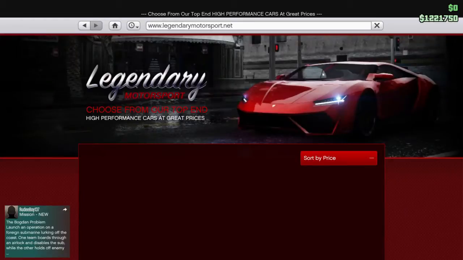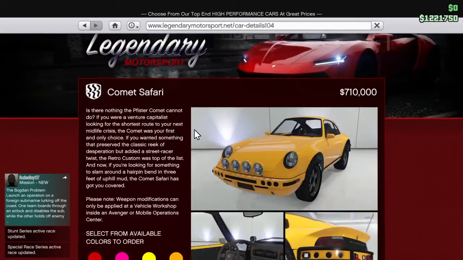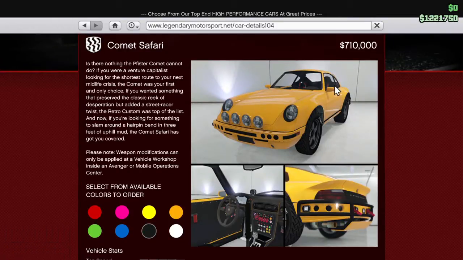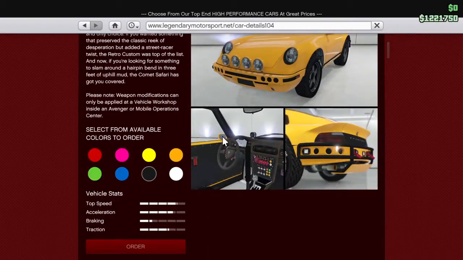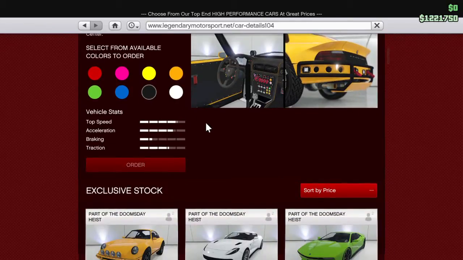So now we're gonna go to Legendary Motorsport, and we have 4 new cars. We have the, I'm not even gonna go after that name, but it's called something, and then Comet Safari. This car is pretty cool. I'm pretty sure you can mount, yeah, so you can apply missiles and turrets on this one. You need an MOC or an Avenger though,